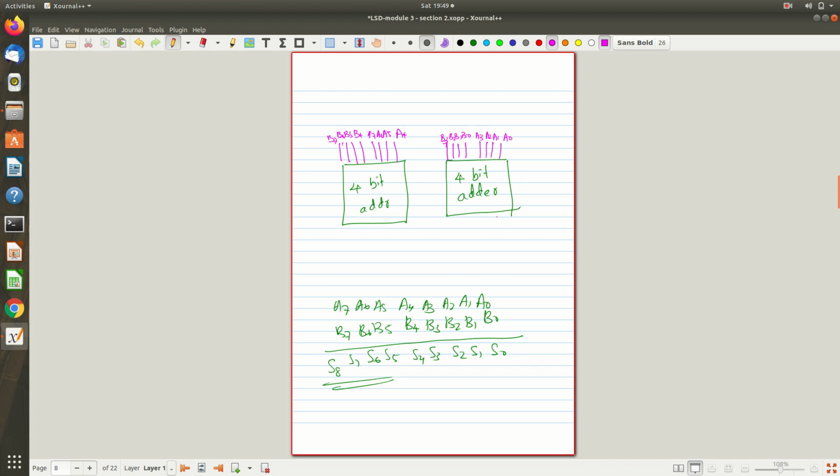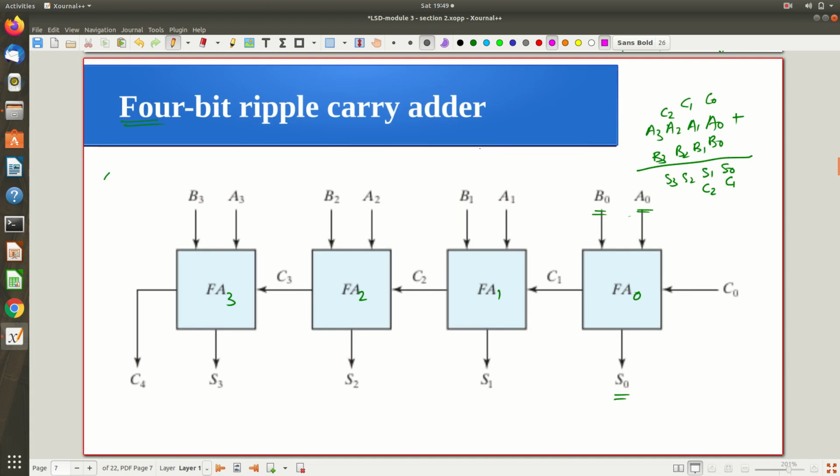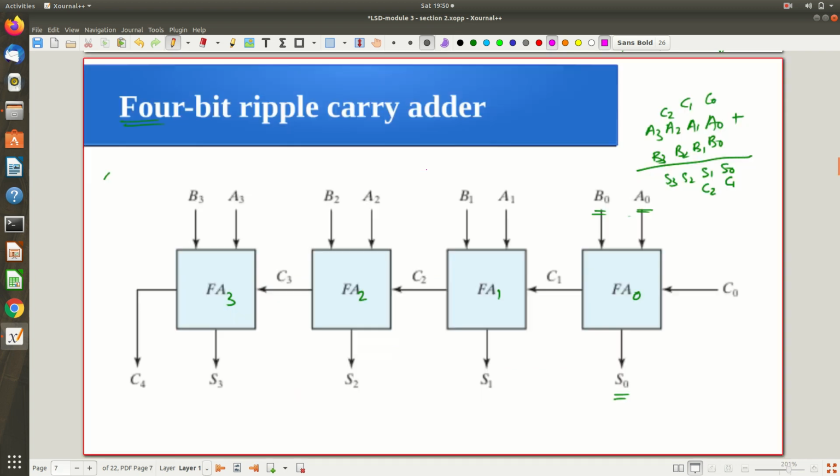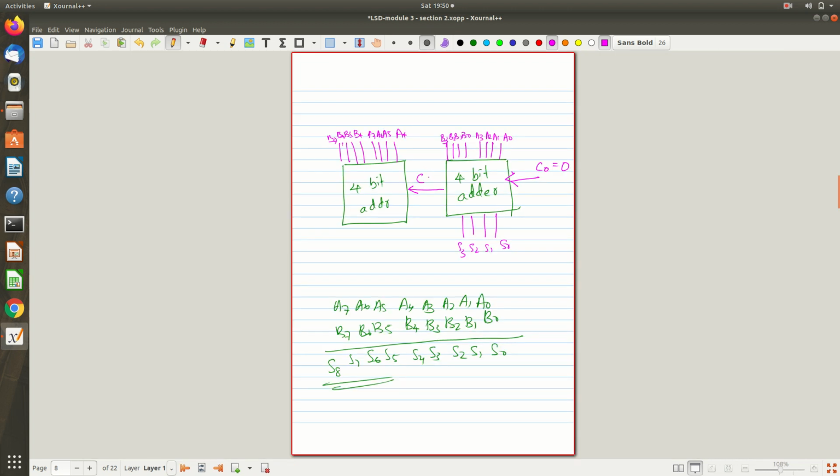Fine. Now this is going to give me the 4 bits S0, S1, S2, S3, and from here I will get a carry. Actually, at every position a carry is coming and it is added, like so. This 4-bit adder works like this in the background, and finally I'll get the C4, right? And here the carry for the least significant position is 0, because this is where I'm starting. But at this point it will generate a carry, typically denoted by C0, and for the full adder 3 the carry generated is denoted by C4. So this is C4, and that C4 I am applying.